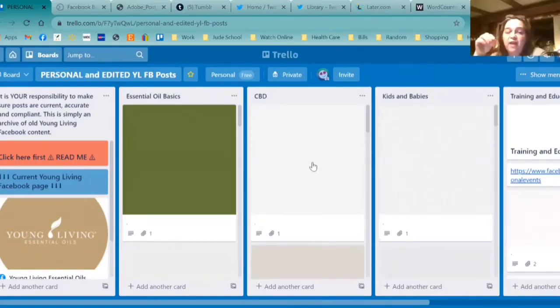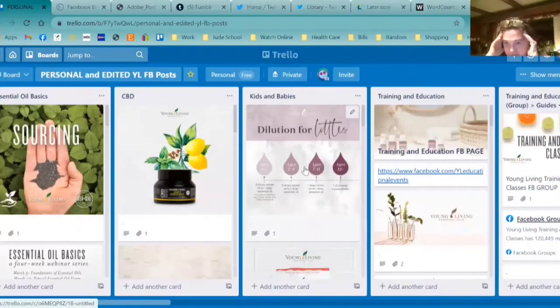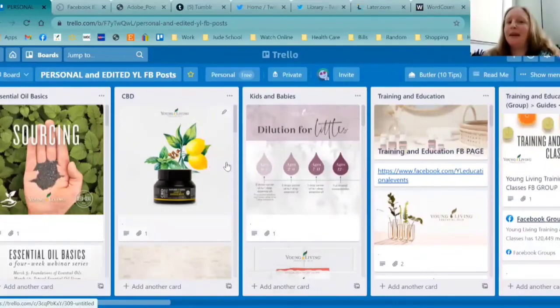So Steph, are you saying that if I did Trello a while ago and I could never grasp it because I could never be this organized, you are absolutely amazing. I will never, ever have all of this. But if I had Trello like this, I could actually get all of your things from this shareable board to my Trello, to my cards, and make my own thing that I could use for my posts for Facebook or Instagram. That's exactly what you're telling. Yep. That's why I put this together and made it shareable.